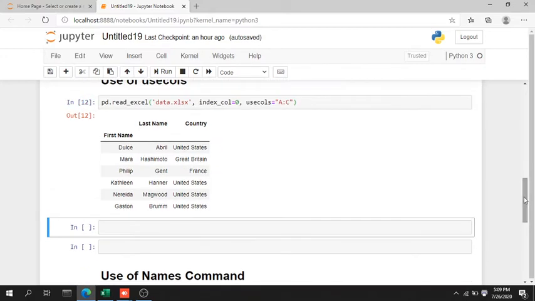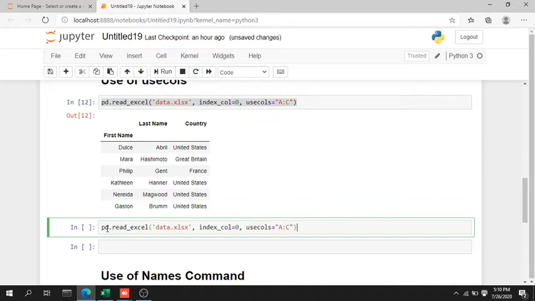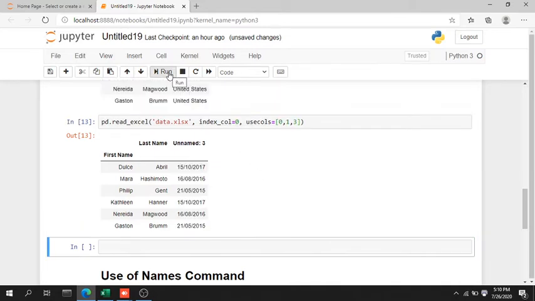Like, let me just copy it from here and paste it over there. Now by using the integer, you just have to amend and make a little change in the command. You have to give your own integer, like what you want to access. Like, I want column number 0, column number 1, and column number 3. For this, you have to use usecols equals to square brackets and write your column numbers which you want, in the form of integers. So let me just execute it, and here it goes.